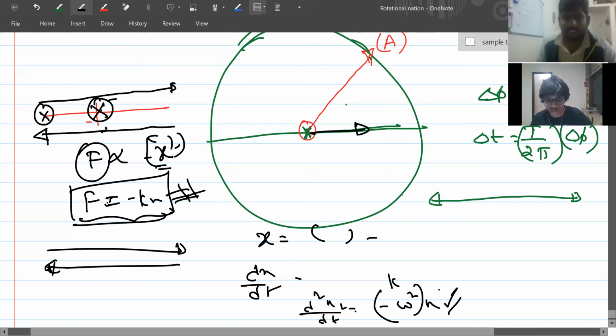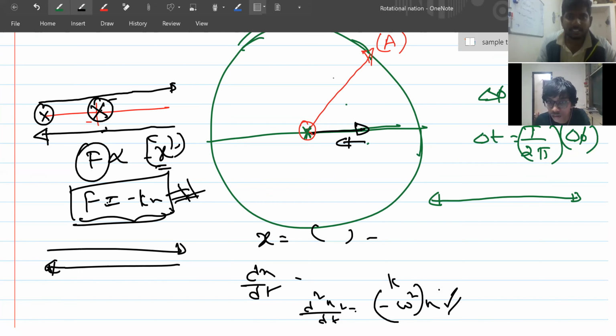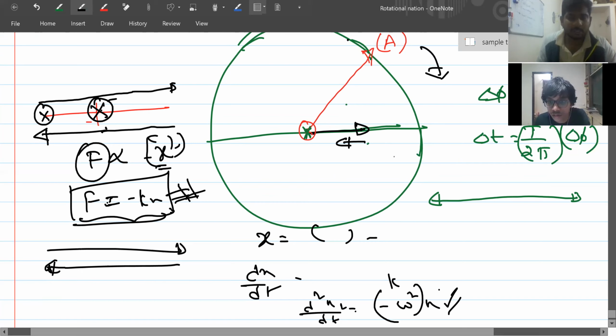Other particle is traveling in this direction, right? Yes, sir. That means the other particle is coming from here to here. You carefully see, I am trying to draw the clockwise direction. The other particle is coming from here to here, right? At that time, it is in this position, projection. This particle is in this position because it is going in the forward direction. The other particle is coming in the opposite direction, but they're meeting at the same point. Are you understanding? Yes, sir. Did you get this point or not? Yes, sir. Got it, sir.